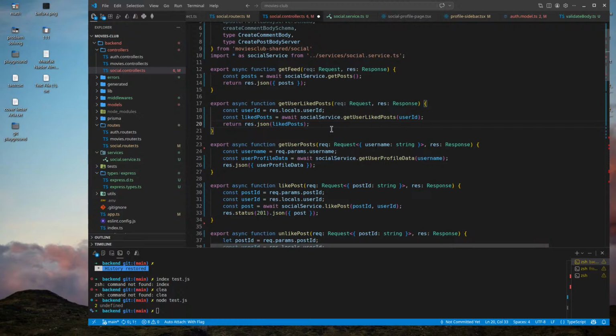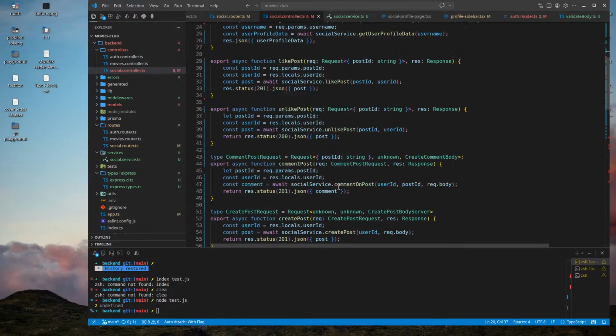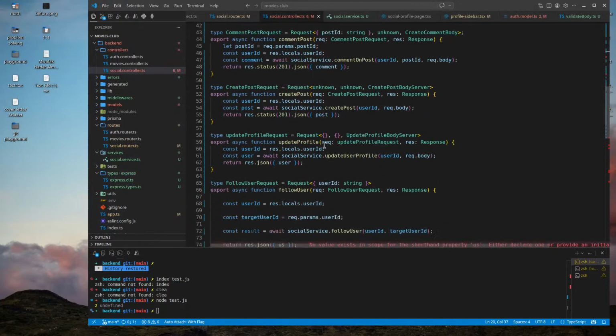طيب هلا هون أنا عندي like post. This is going to fail because this is an array of strings. I have to do this. Okay, for consistency, we have to do this.